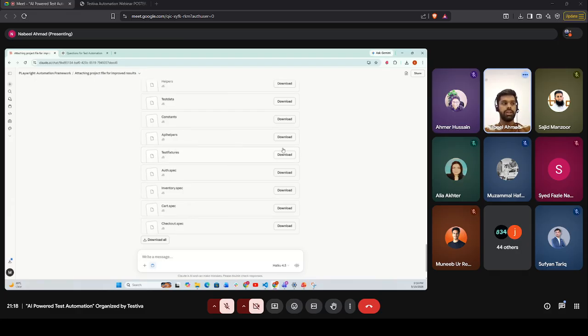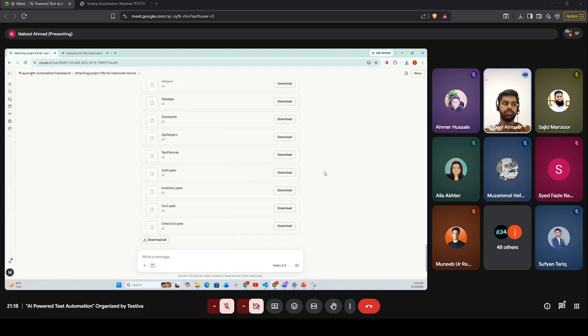But as it has never interacted with our real app, it has no clue what type of locators we have inside our app. So when we try to run this, it will give a lot of bugs in the test code, due to the locators, the app behaviors, and delays in the backend. So this is a better approach if we are trying to create an automation framework.